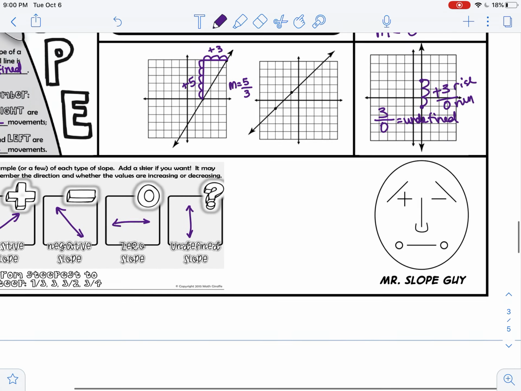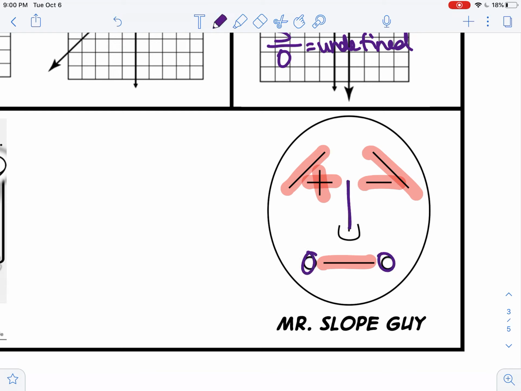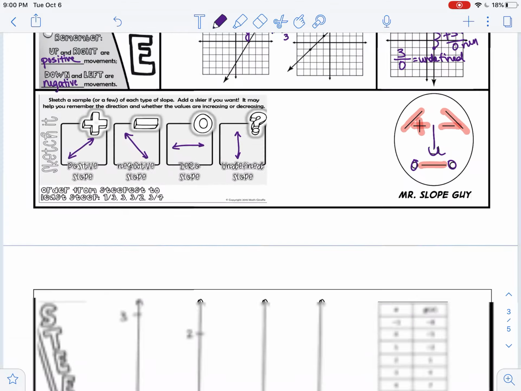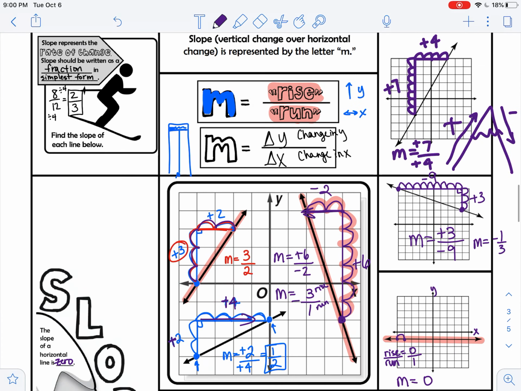Another way that can help you remember your different types of slope is Mr. Slope Guy. So we've got our positive slope and there's a plus sign next to it. We've got this other eyebrow over here. That's a negative slope. It's next to this one. We have our 0 slope and it's got your little zeros over to the side. And then we've got our undefined slope, which is our nose, just like that. So Mr. Slope Guy can help you remember different types of slope. Okay. And that is how you find slope from a graph, or rate of change from